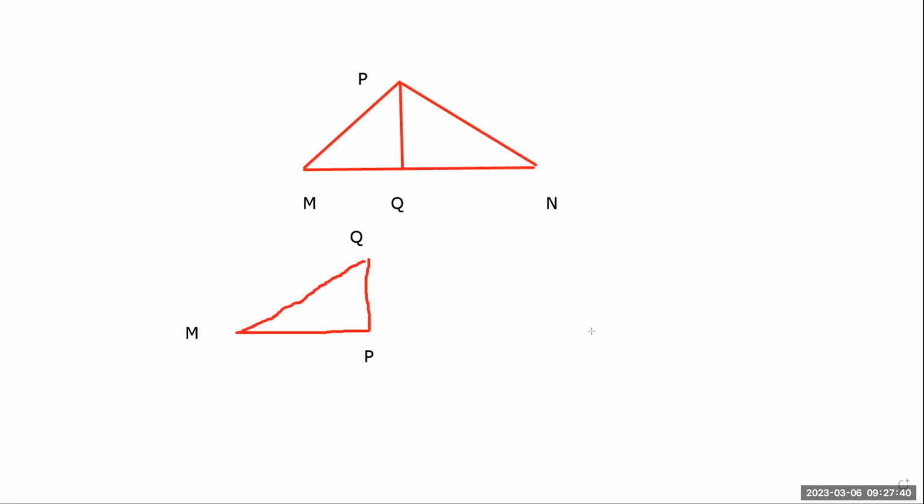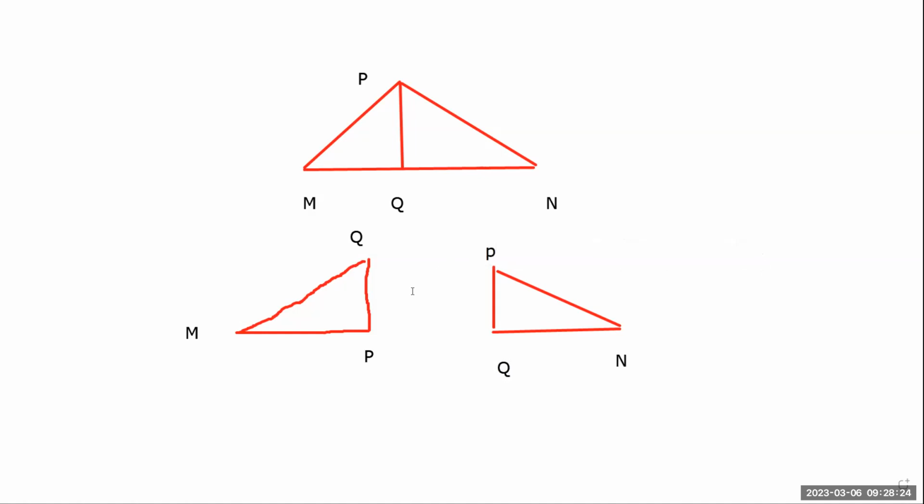So I'm going to say that this is like this. Okay. So then I have, this is N here. So this is N. This is Q. And this is P, right? So then,